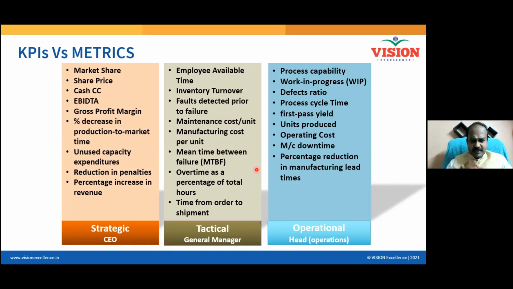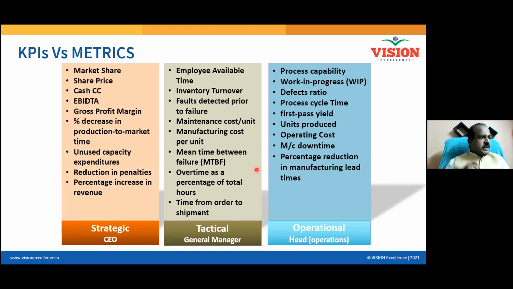These kinds of KPIs, called the strategic KPIs, are the KPIs of your top management. Just by looking at the metric, you can understand market share. Tell me, who will be more concerned about the market share? Is it every employee in your company? No, that is part of the top management, maybe a CEO or managing director, right?